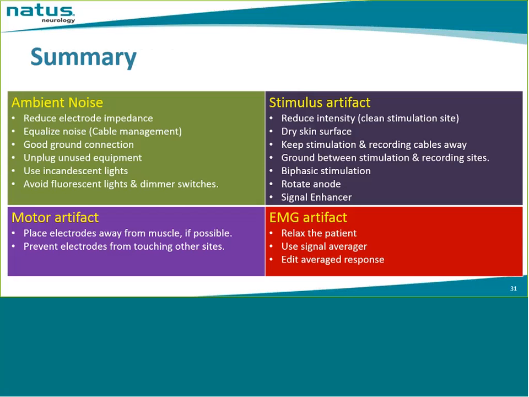So to summarize, we have 4 different types of noises and artifacts. The ambient noise, the best strategy is to reduce it as much as possible. We can further reduce the noise appearing at the amplifier output by reducing electrode impedance. We can equalize the noise by efficient cable management, making sure that our system has proper earth connection. We should unplug unused equipment to reduce the noise and interference, use incandescent lights, and avoid fluorescent lights and dimmer